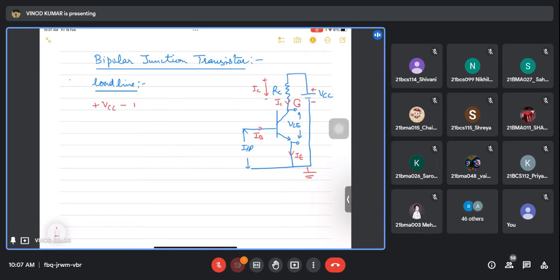Current flows from higher potential to lower potential. This is IC RC, and this is a drop of VCE, because the collector-emitter junction has certain resistance, so there must be a certain drop. So minus VCE equals 0, as per KVL. And if I try to find IC here, it is VCC minus VCE divided by